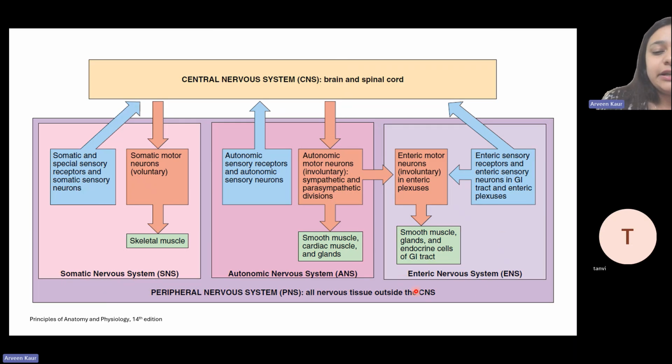Then comes the enteric nervous system. So, as the name suggests, it basically controls the smooth muscles, glands, and endocrine cells of the gastrointestinal tract, right? So, enteric, something to do with the digestion, digestive organs, right? So, as I said, because this is also an involuntary motion, earlier it used to be a part of the autonomic nervous system. Now, since this itself is such a huge system,